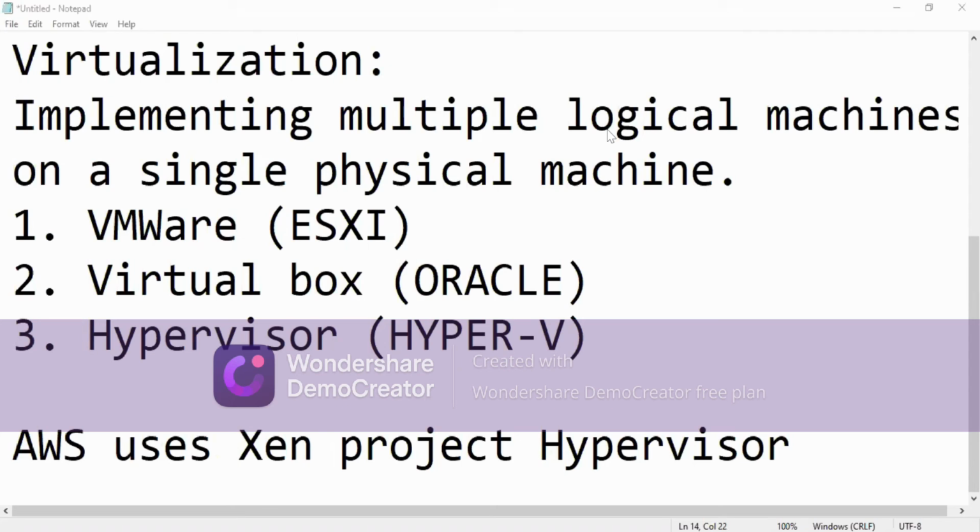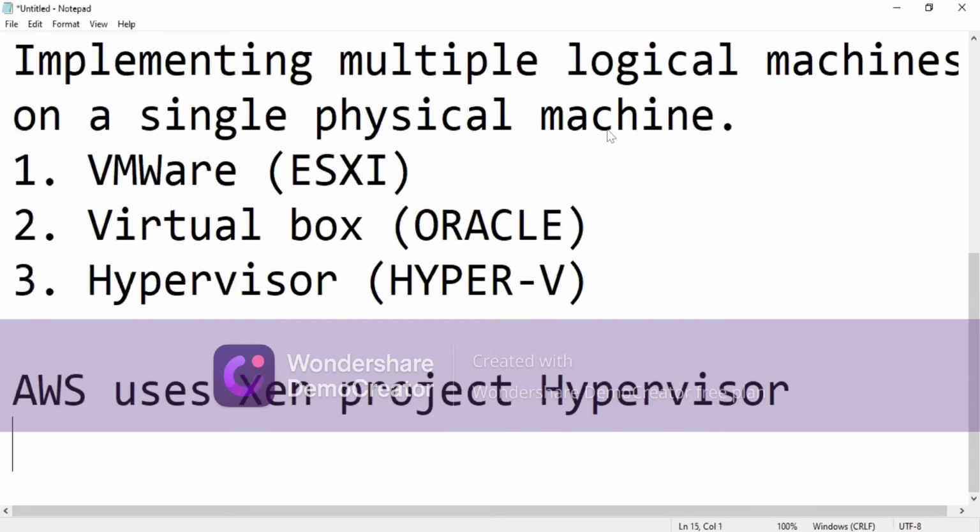Okay, and Xen is already used by Verizon Cloud, OpenStack, and some other companies apart from AWS. If you want to know more about Xen, you can directly visit the website.